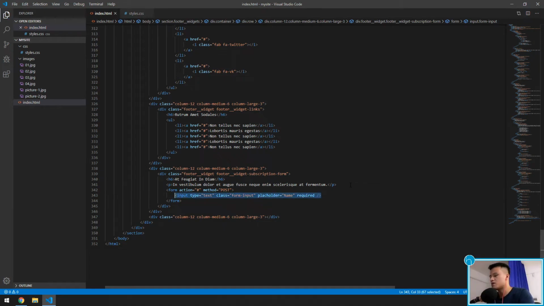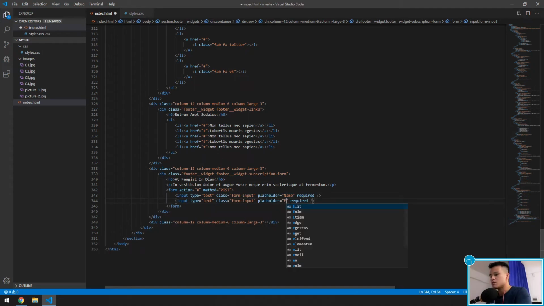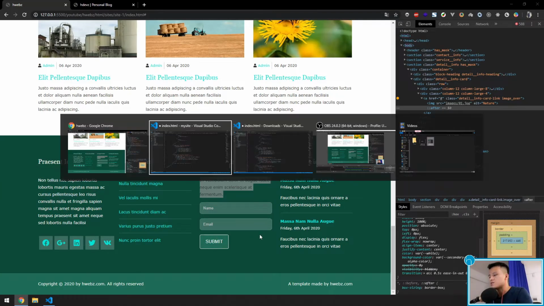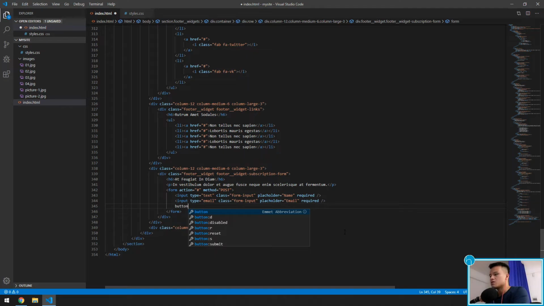Then you can copy it to the next input field, and we set the type equal to email. Okay, and the last thing is a button with class btn outline and reverse, like we did for the header, and the text is submit. Okay,